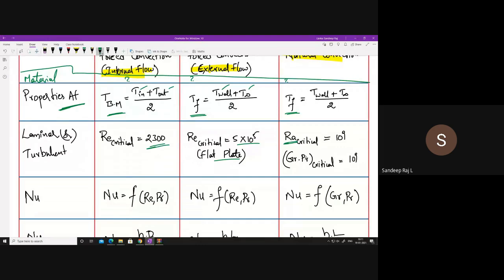And this Rayleigh number is a product of Grashof into the Prandtl, and that will be 10 to the power of 9 here. If it is falling greater than 10 to the power of 9,